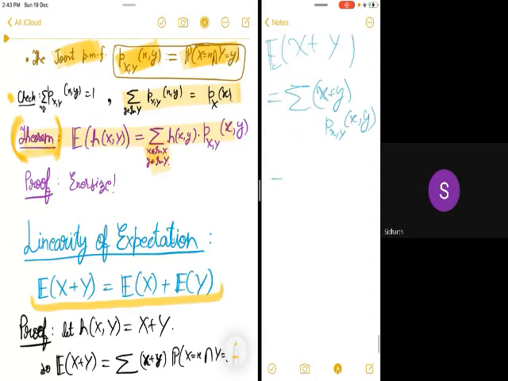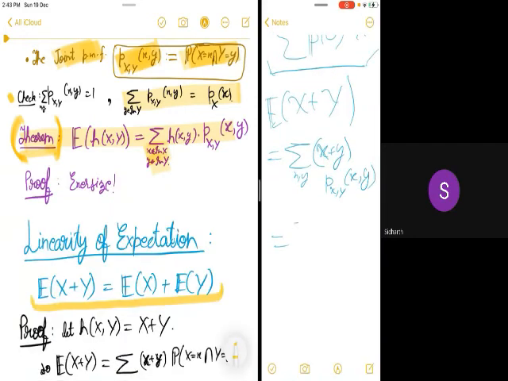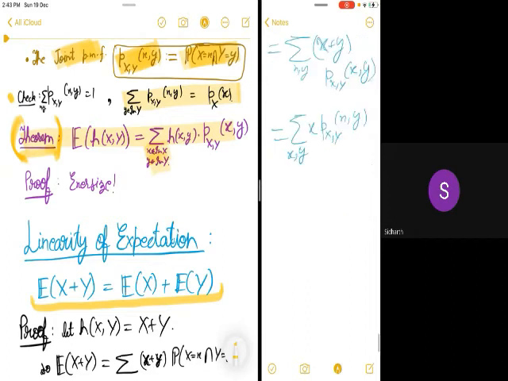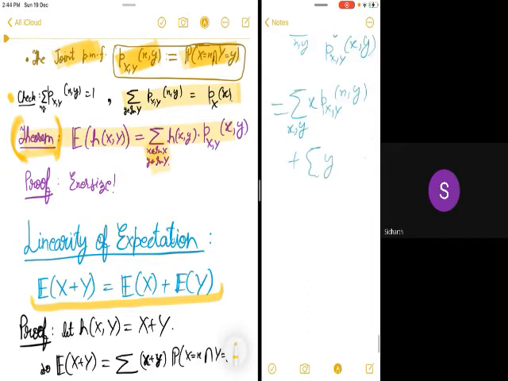Now we can split this sum over x and y, such that it is the sum of small x times the joint probability mass function, calculated at all possible values of small x and small y, plus the similar thing for y. And the first term would be independent of y, right? Yes, exactly. The first term would be independent of y, because this is just the double sum where x belongs to the image of X and y belongs to the image of Y